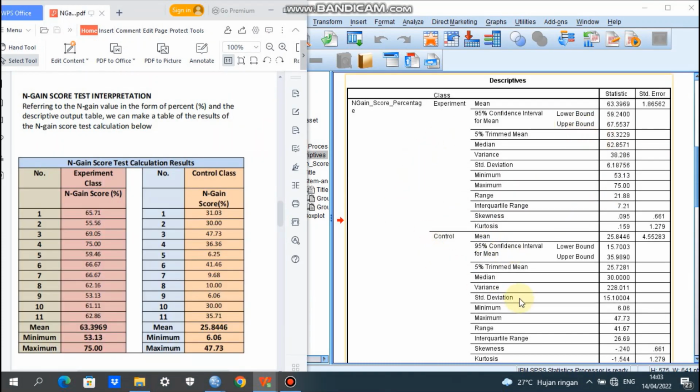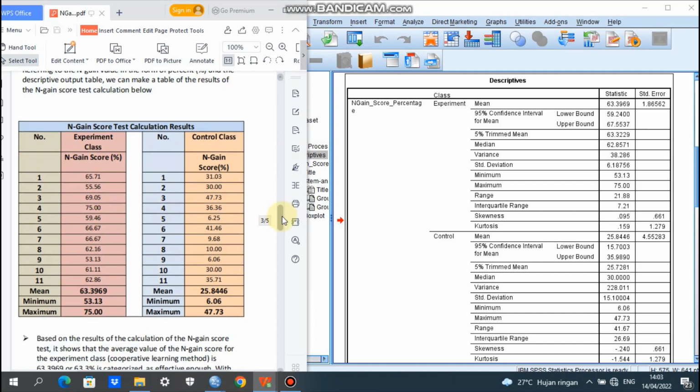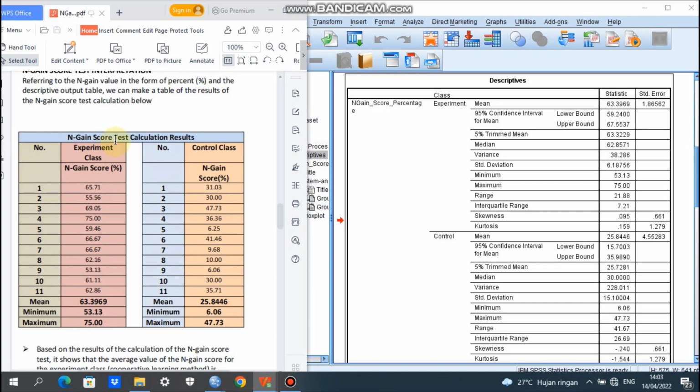Okay, from the output here, the next we are going to go to N-gain score test interpretations. I have already made the summary here. N-gain score test calculation results. So here we have the mean taken from the output here, the mean for experiment class N-gain score percentage.